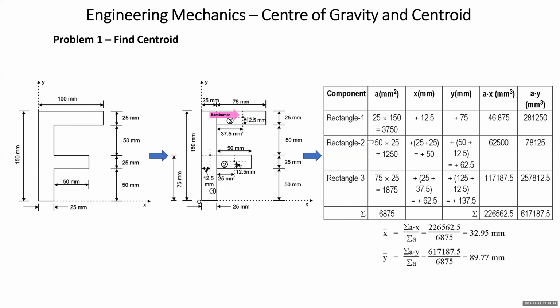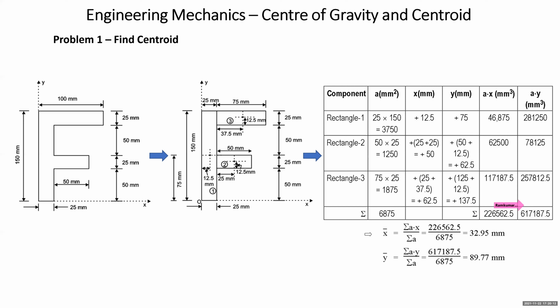Now I have written the area of all three components. All three component areas are multiplied by x, A x, like this. A into y comes in this column. Then you sum up the area of the components. See, I wrote the summation; this summation will come to this much. For A x, we sum up a1 x1 plus a2 x2 plus a3 x3. So this becomes summation a1 plus a2 plus a3. Summation A x is a1 x1 plus a2 x2 plus a3 x3. And summation A y is a1 y1 plus a2 y2 plus a3 y3.